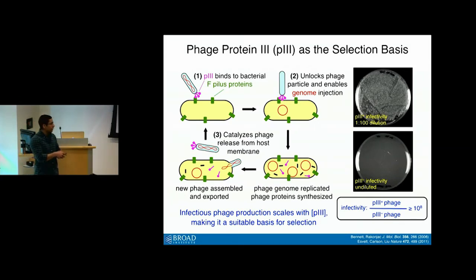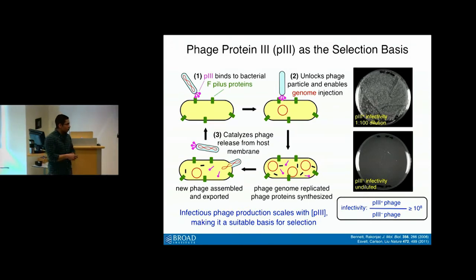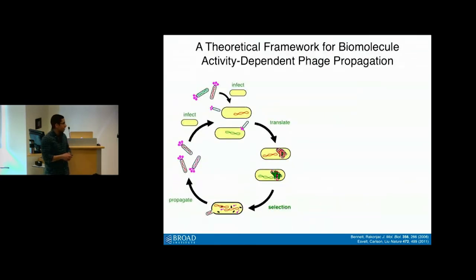So phage that lack P3 are basically not competent for infection and therefore not competent for propagation. And so what we thought was, given this large dynamic range and the fact that infectivity also scales with the concentration of P3 that's provided in the cell, that it would provide a suitable basis for selections downstream. And in doing so, we theoretically now solved this specific point, which is how do we incorporate selections into this